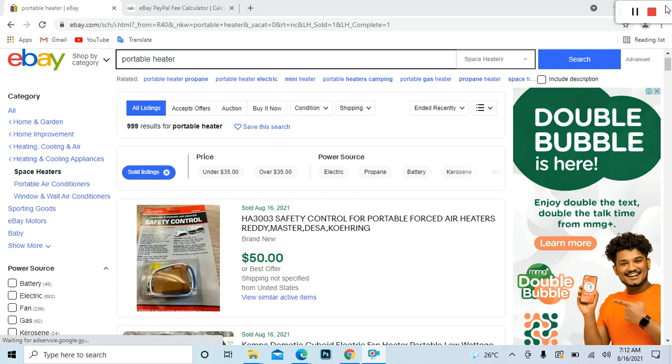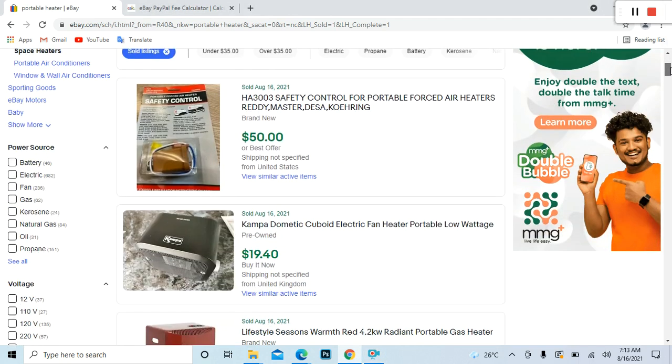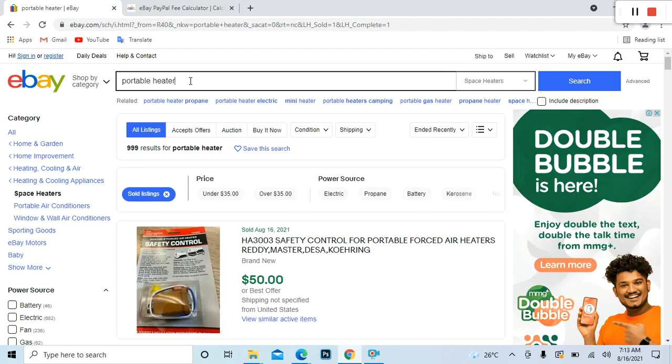Today we're going to be looking for a portable heater. Now there are basically, I would like to say, 3 ways in which you can research an item through eBay in order to find the best supplier in order to resell your item. If you have the item at home, well, that's no problem. You can use this as a means of an average price that you can sell your item at in order to beat out your competitors as well, and so that you can make a profit and not a loss. So we place portable heater here